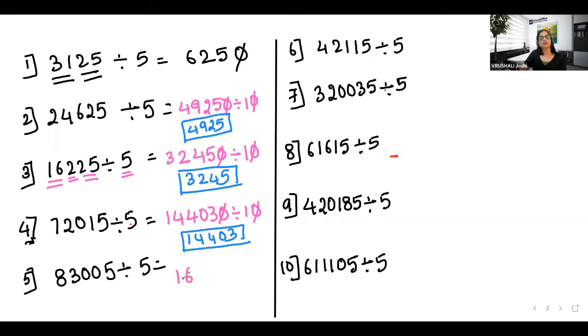8 double 16, 3 double 6, 0 double 0, 0 double. Okay, see, 0 is upper level and 5 is lower level. So you have to combine these two. So that is going to give you 5 double 10. Correct? And divided by 10. If you cut it out, what is the answer? 16601.